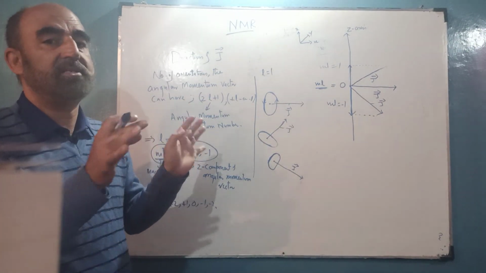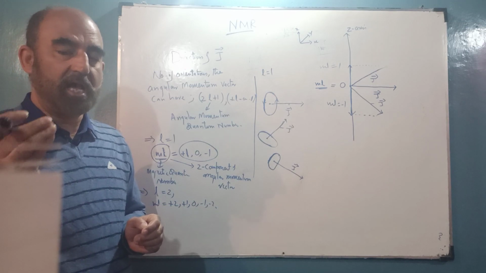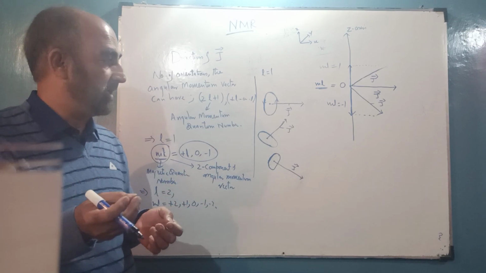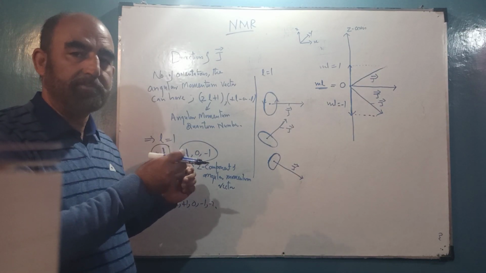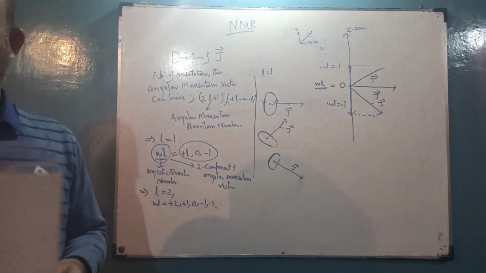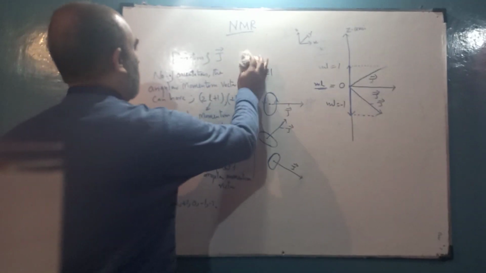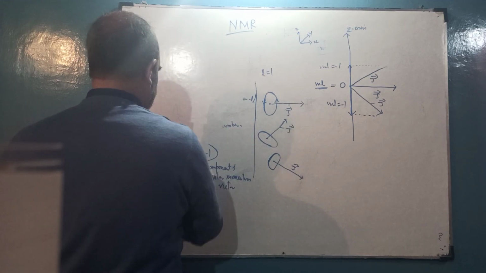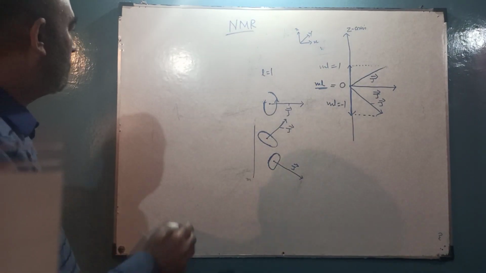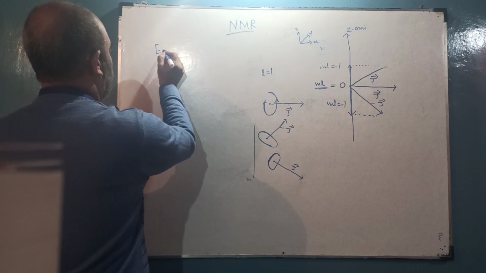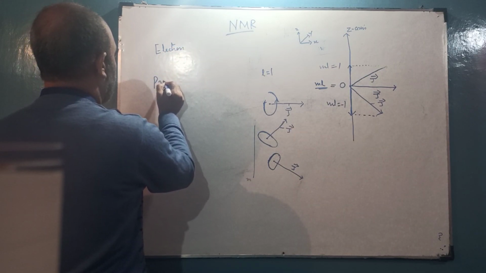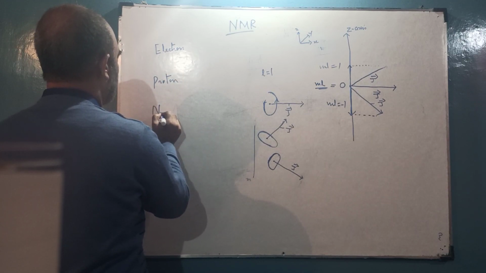Now this was a generalized treatment for any particle having a rotational motion and giving rise to angular momentum. For quantum particles it will be quantized, and for classical particles it cannot be quantized. Now coming to our elementary particles. We have the electron, then we can have the proton, and we have the neutron.